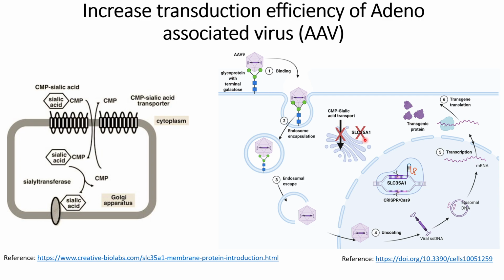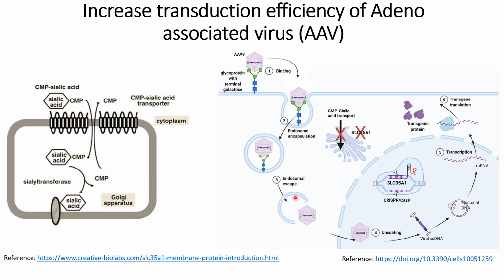In this paper, what they have done is they have taken the HEK cells and knocked down this SLC35A1, so that the cells will not be able to produce the sialic acids. When no sialic acids are formed, the transduction efficiency of adeno-associated virus increased, because now the galactose is exposed and can interact with the adeno-associated virus, and this leads to endosome